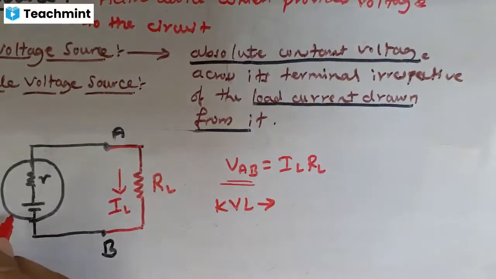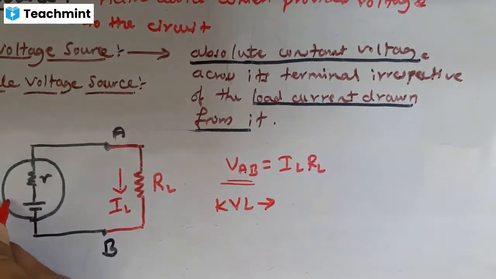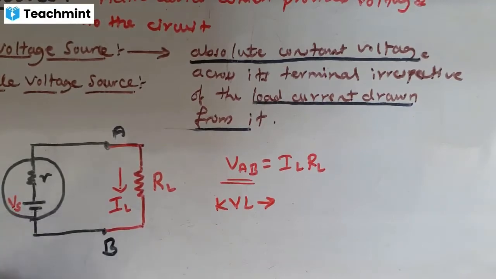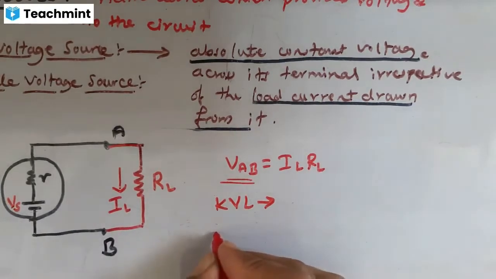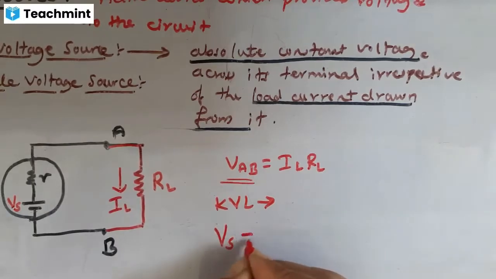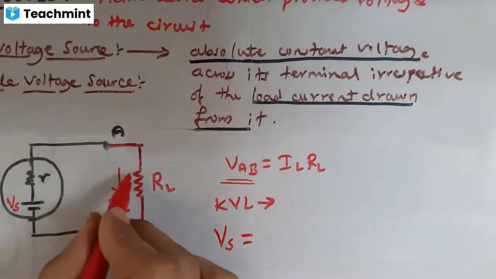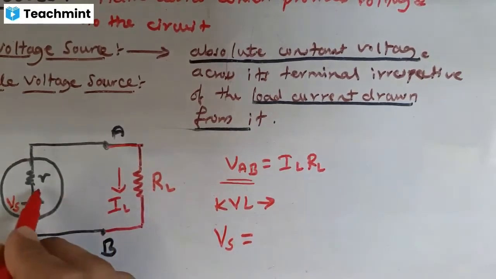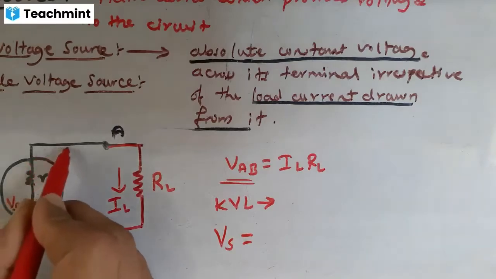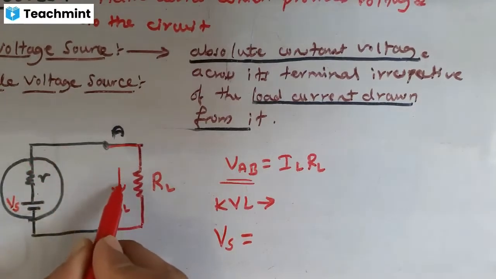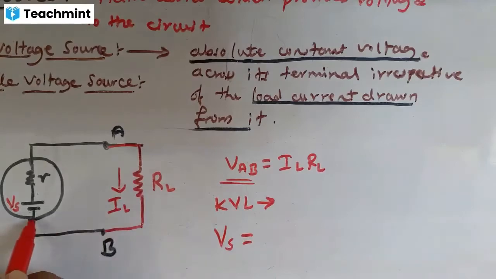Okay. Let the voltage of this main source be Vs. So according to KVL, Vs equals to what? Vs equals to the IL that is flowing right here. IL is flowing to RL. The same IL will flow through this R only. IL will flow like this through this R and comes here to RL, and again goes back to the Vs. Okay, it will flow like that.